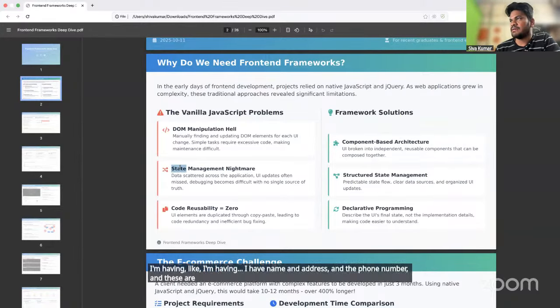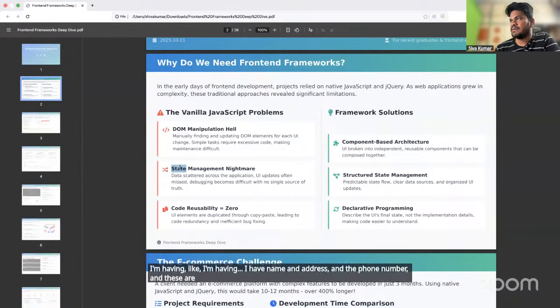If you want to create one person, we need to create. If you want to update a particular person, we need to edit, and then delete also, right? If you are using vanilla JavaScript, it will take a lot of time to add, update, and delete. This is a kind of state management.